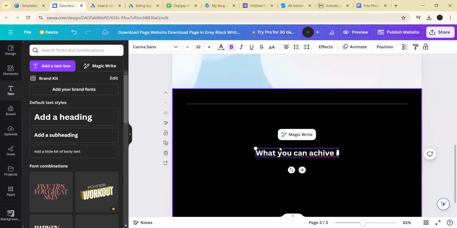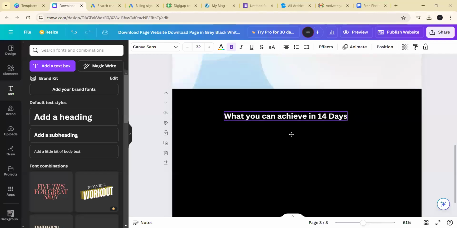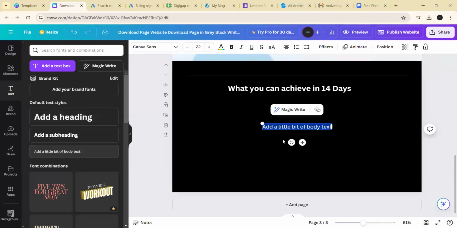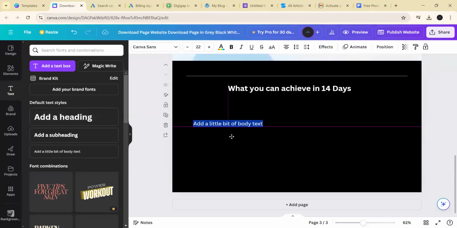Achieve in 14 days. Now, this is where I want to state what they will achieve in 14 days, right? What can these people achieve in 14 days? Because people want to know, what am I going to achieve using your product or your service. And then I can simply add the first thing. Let's say, you know how marketers can be, right? Get my